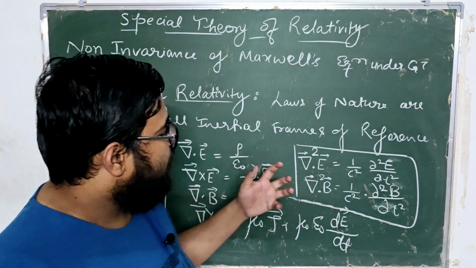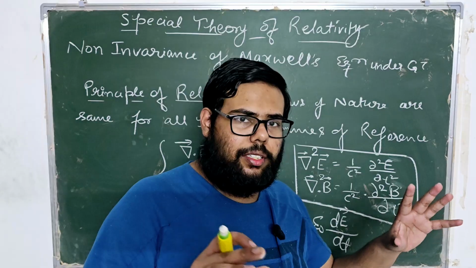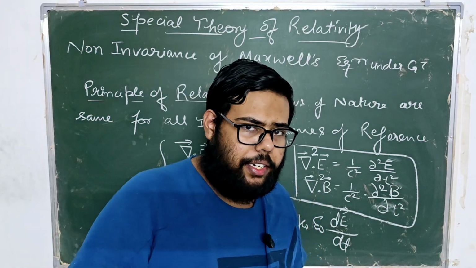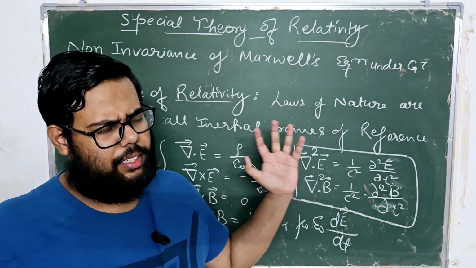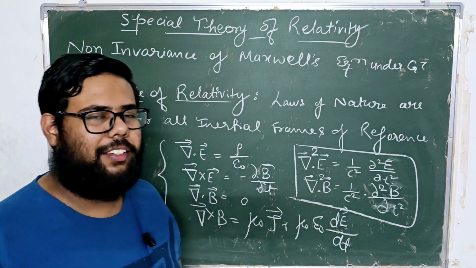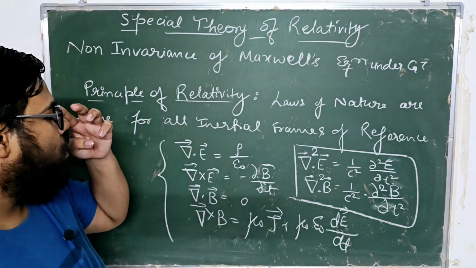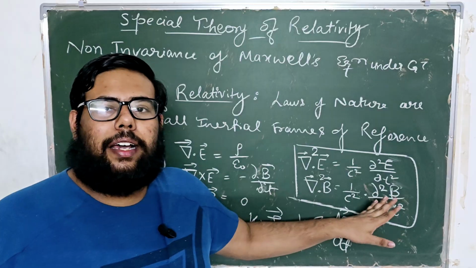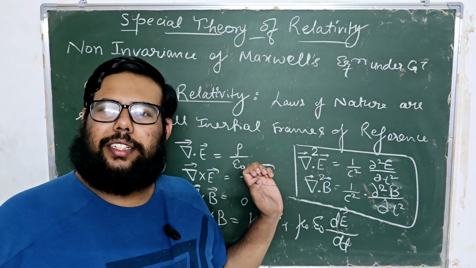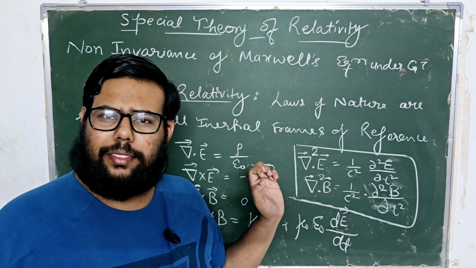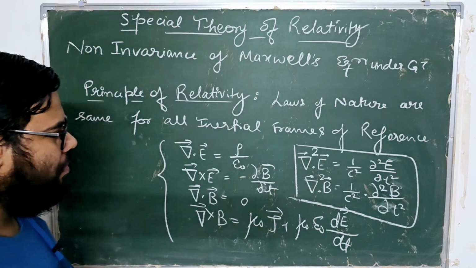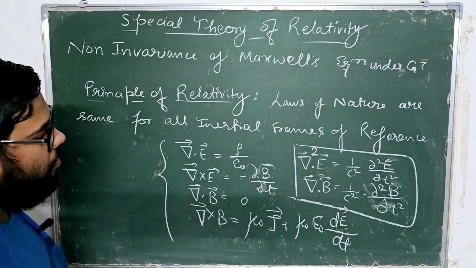Now suppose there is a light beam and all, right? That is very obvious thing if we are studying Maxwell's equation. An electromagnetic wave, I should say, right? So this equation should be valid for all inertial frames of references, right? But there is a problem. And what is the problem? The problem is that